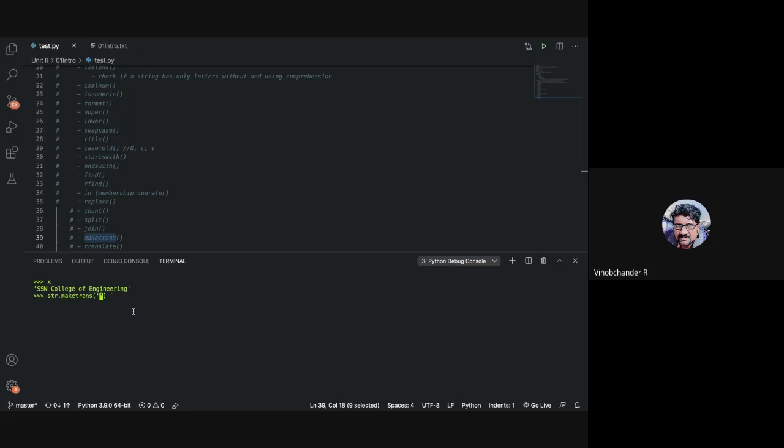I want to create a translation table wherein I replace the occurrence of O, here only one occurrence, with @ and E with say hash. This will replace the occurrence of O with @ and E with hash in the string, and you specify this entire translation table to your original string.